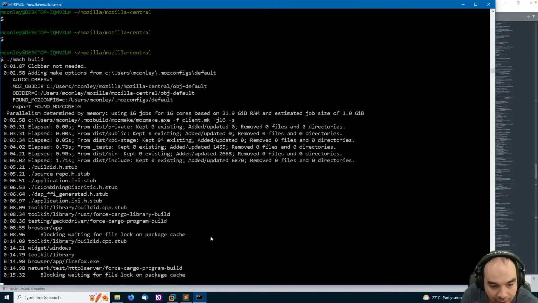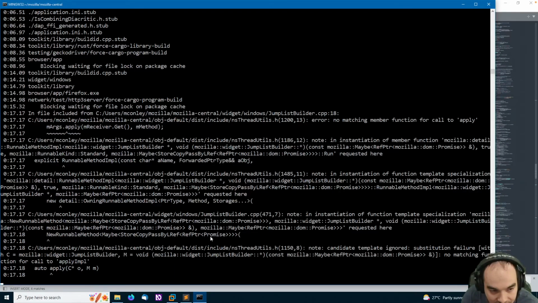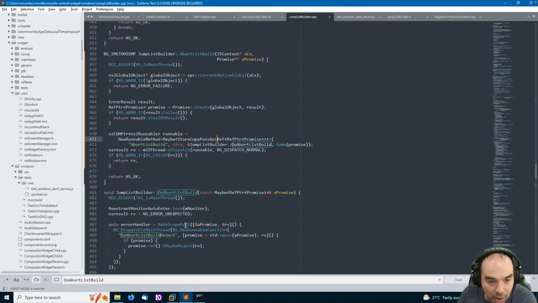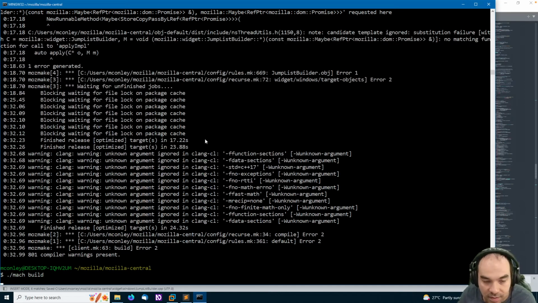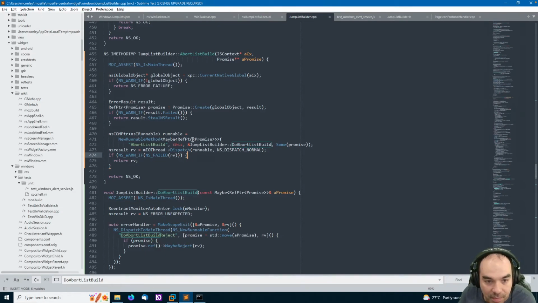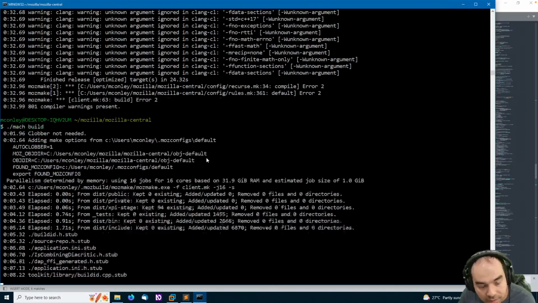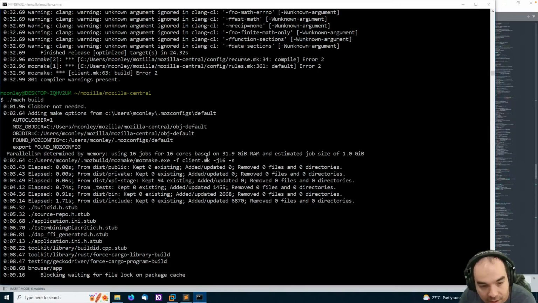Moving stuff off the main thread. Hilarious. Let's just poke and see what happens if I just get rid of this thing. So 1, 2, 3. Yeah. So that is just, we're passing this maybe ref pointer. How's it like that?